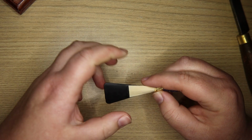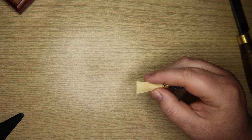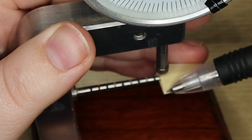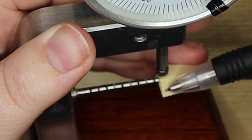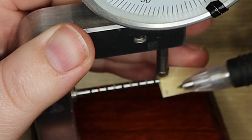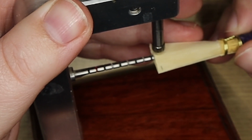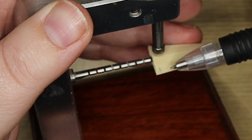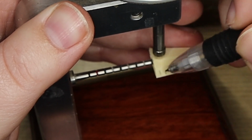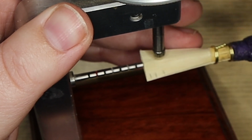So now that I've got the corners in for the second day scrape, here's where we really start to put the spine in. What you can do if you've never done this before is actually draw in the little tick marks. There's the halfway tick mark, and then here is the first tick mark, second tick mark,